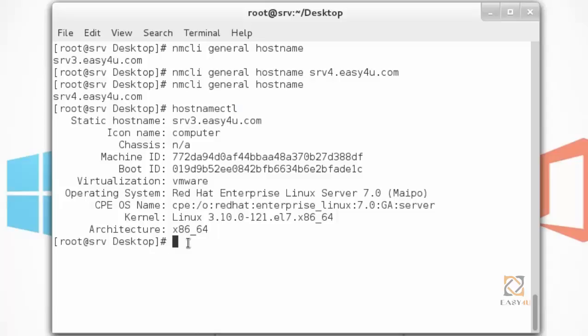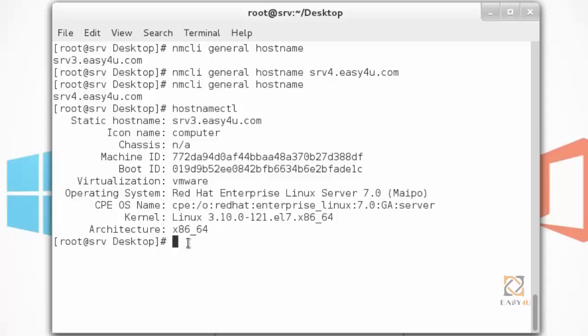In this condition, if you set the hostname using the nmcli command and check it using the nmcli command, it will display the new hostname. If you check the newly set hostname using the hostname command, then it will not display the newly set hostname.